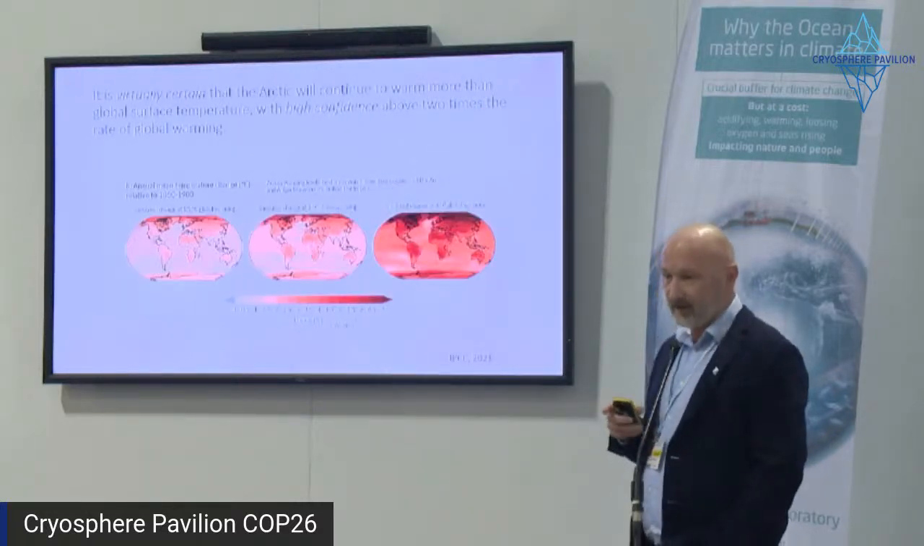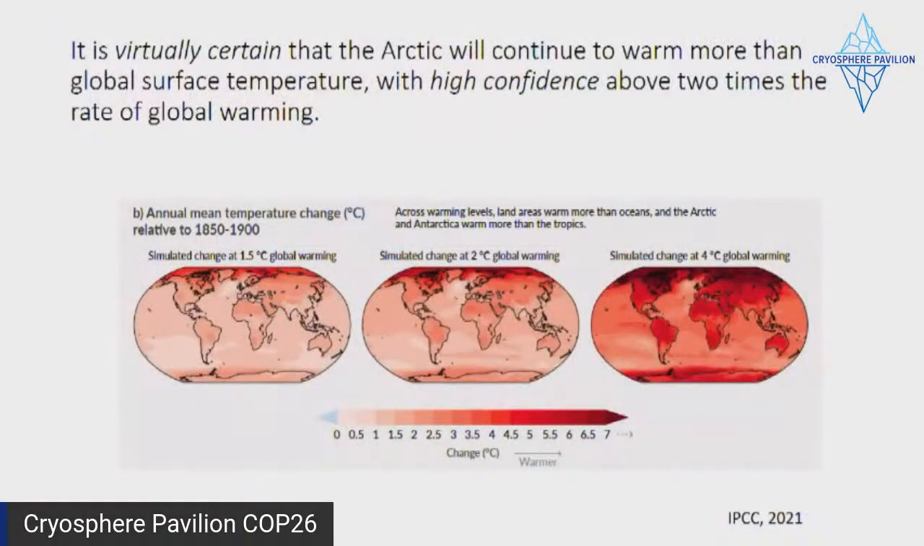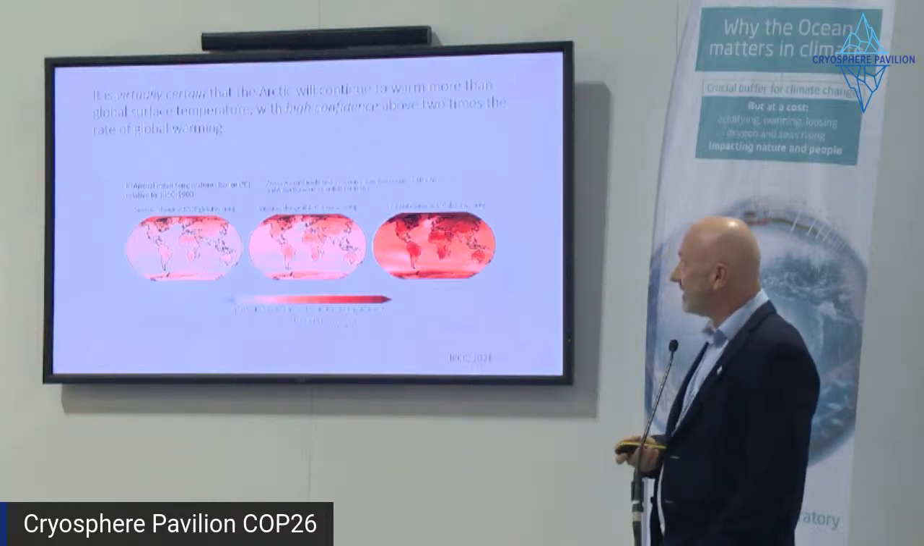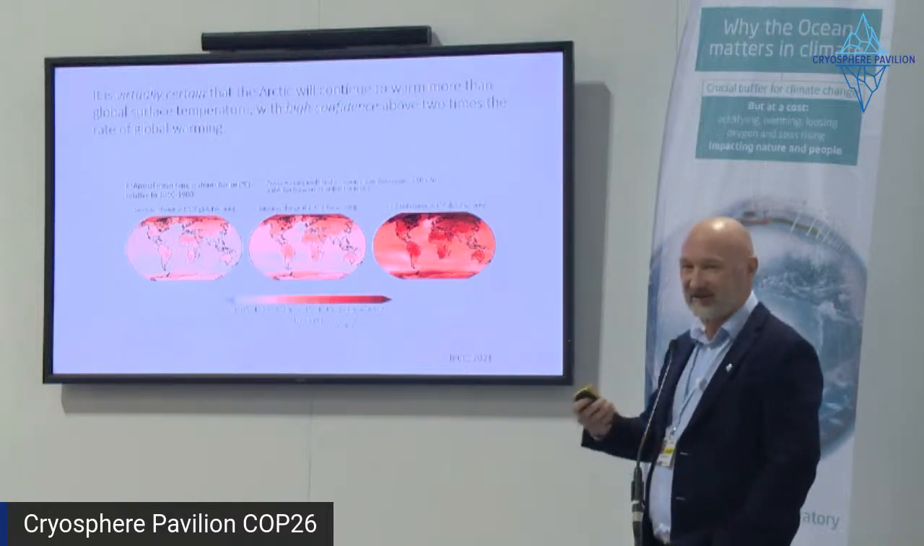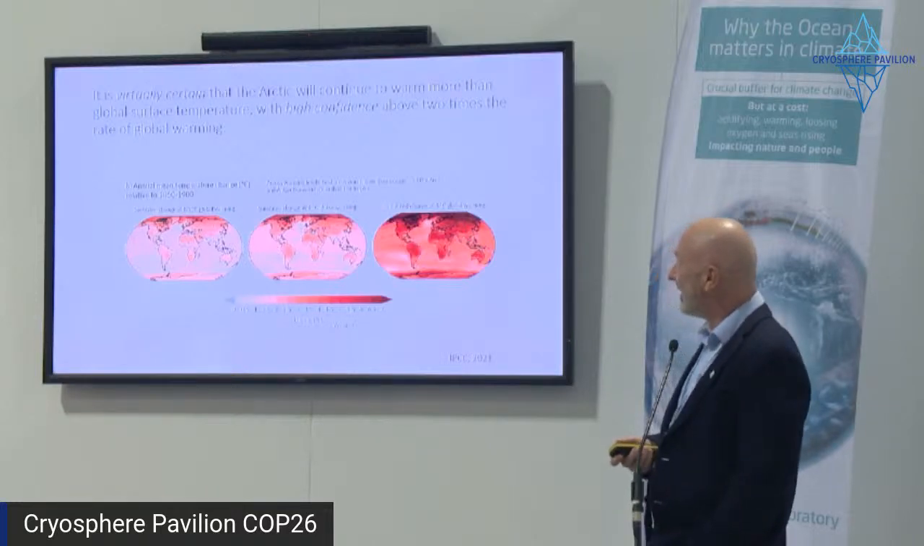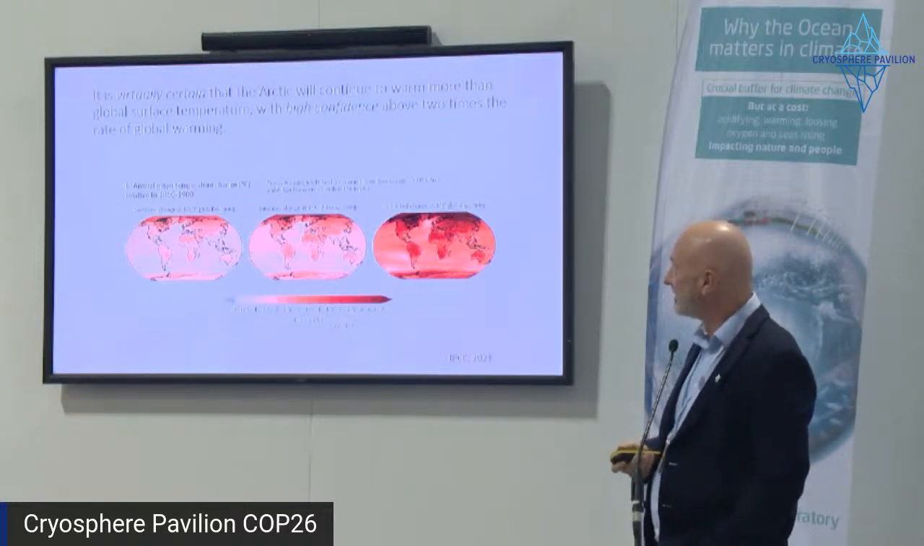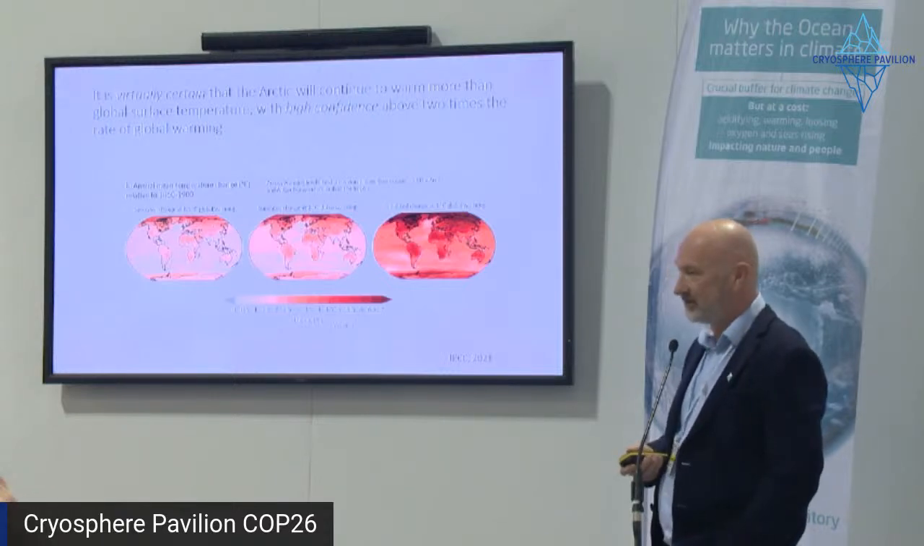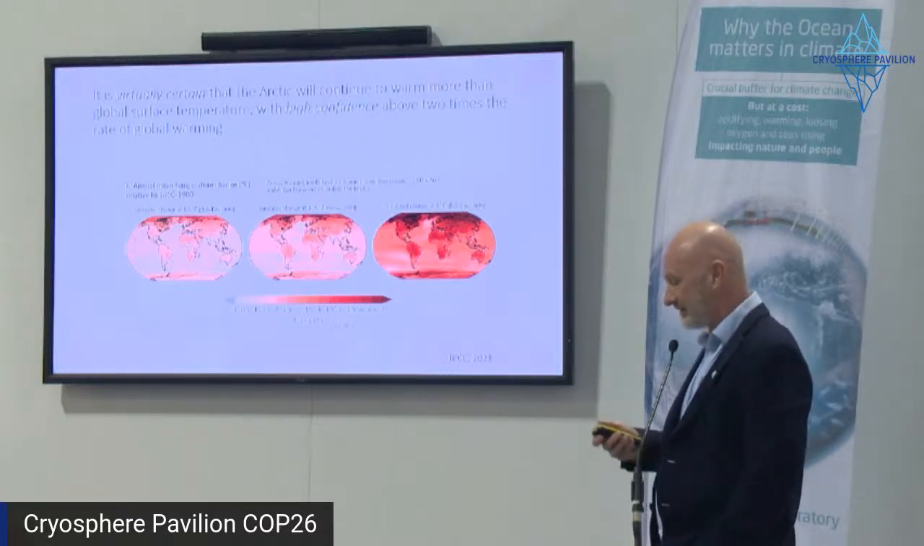from the IPCC policy document, which is available and quotable as opposed to the science document, which I'm not allowed to tell you anything about. You can read it on the net, but I'm not allowed to say anything about it. You see that also in the future, the Southern Ocean has a very high sensitivity to increasing CO2 and climate change. And they say it is virtually certain, a very strong term in IPCC talk, that the Arctic will continue to warm more than the global surface temperature, with high confidence over 2 times the rate of global warming. So these are big changes